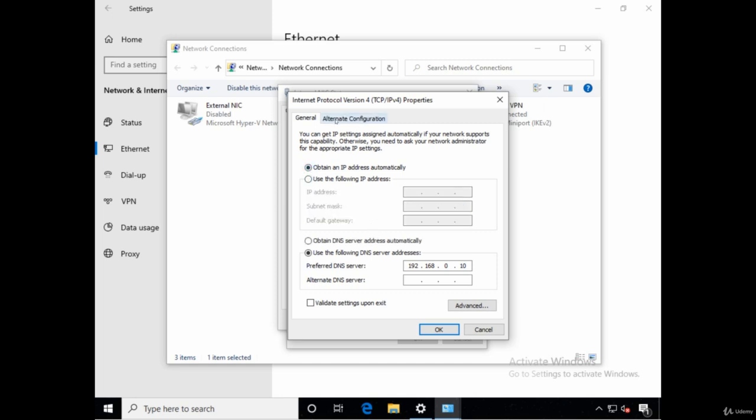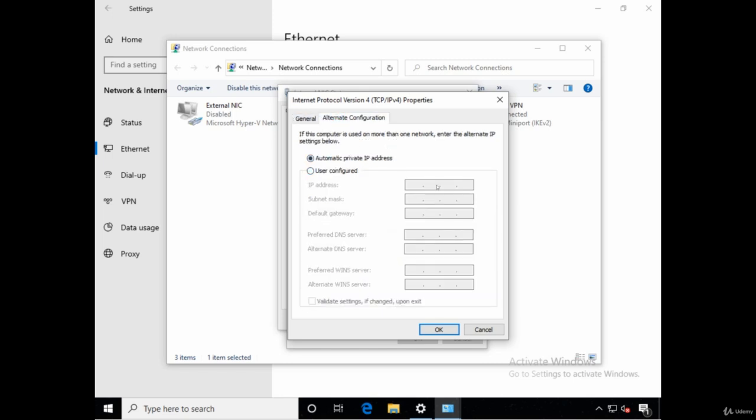Now, I want you guys to look right here. Look closely. This alternate configuration tab appears when I do that. Notice it's not there when I change to static. It is there when I change to obtain. Okay, so alternate configuration is what's going to kick in whenever your computer is set to get an address from DHCP and it announces that it needs an address, but let's say nobody responds. Let's say your network's DHCP server is down and it doesn't respond. At that point, your computer is going to use something called APIPA, Automatic Private IP Addressing,